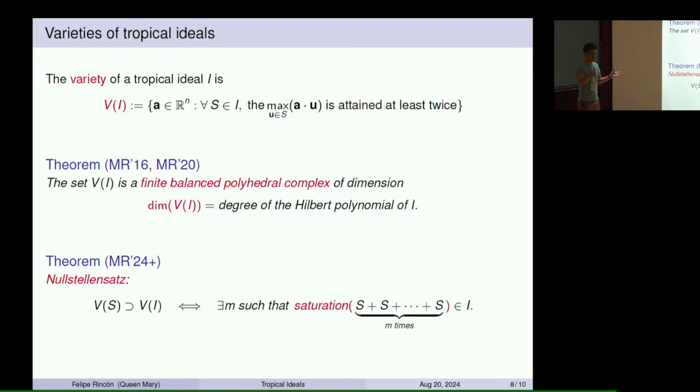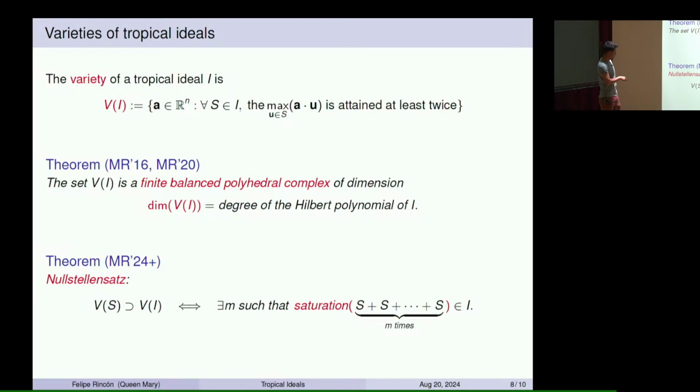That's a classical theorem of Hilbert. And here we can prove a combinatorial analog of this that is not implied by the classical one, nor does it imply the classical one. If you have one of these tropical ideals, these collections of subsets, and some subset whose variety contains the whole variety,